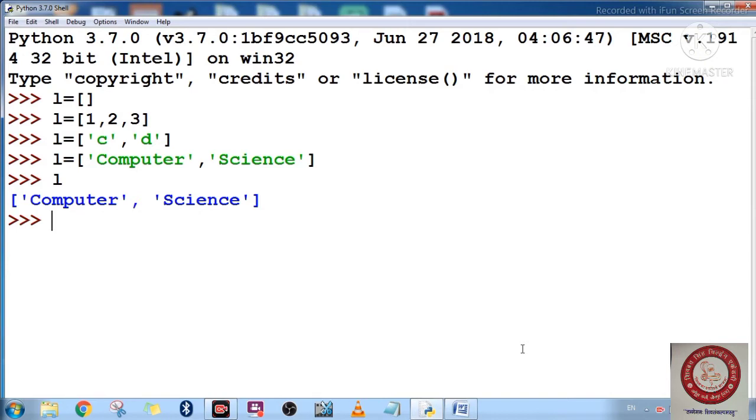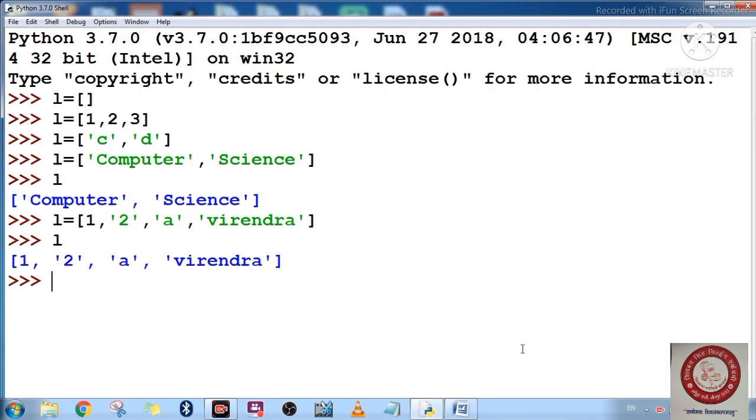If you want to have a mix of all these things, how can I do that? First I write the variable, then square brackets. Suppose I write 1, then suppose I want to take different kinds of numbers, I can take them. If you want to take a character, you can take it like this. Suppose you want to insert a string, suppose I write a name here, then you can do that. So several kinds of elements are there in this list. And if I want, all of these things are elements in a single list, right? So students, these are the types of list.